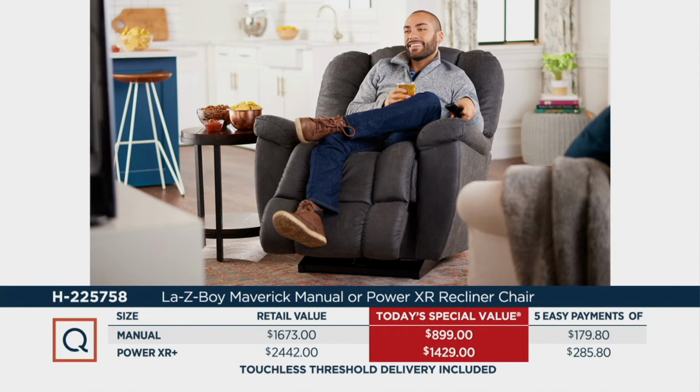The big story is that this is the #1 selling large scale bucket recliner that Lazy Boy offers, period, bar none. This is it. We have it at a screaming value. We're going to save you anywhere from $774 to $1,000 and $1,013. But the big deal about this is that you can actually get that